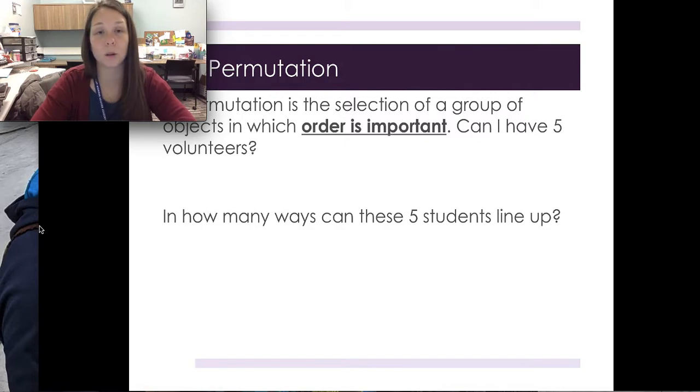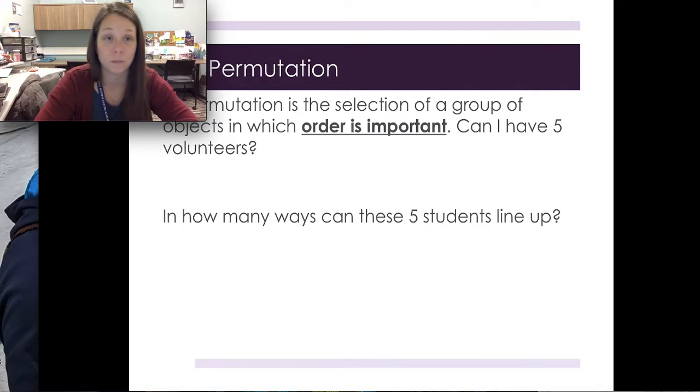We're going to talk about permutations, because permutations and combinations, the theme of this lesson, really use factorials in order to solve them. So a permutation is the selection of a group of objects in which order is important. And if I were to take 5 volunteers and ask, in how many ways can these 5